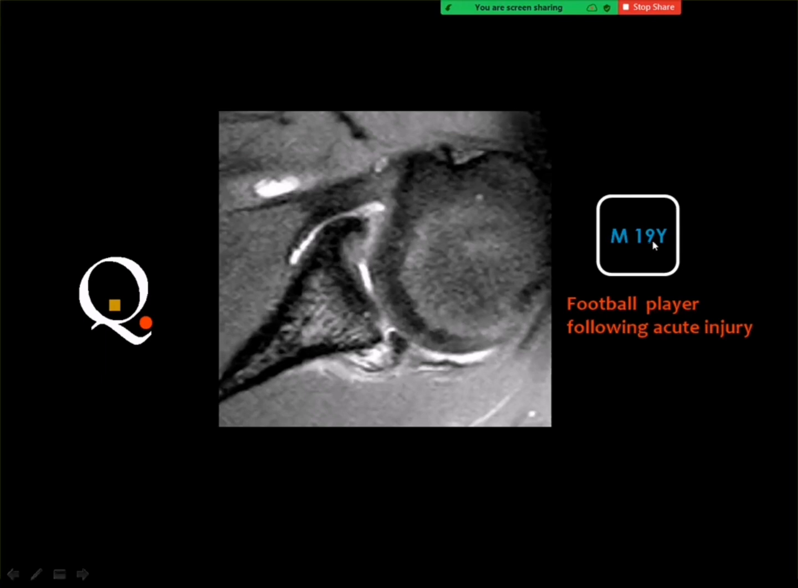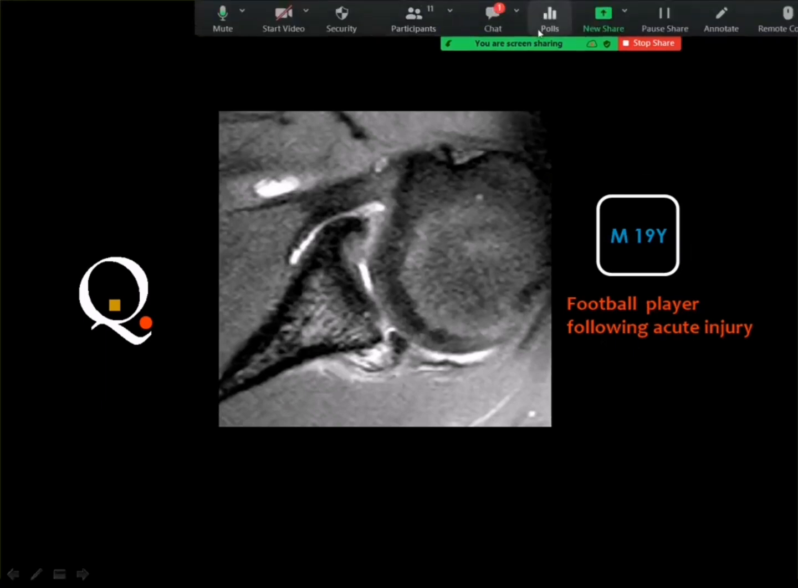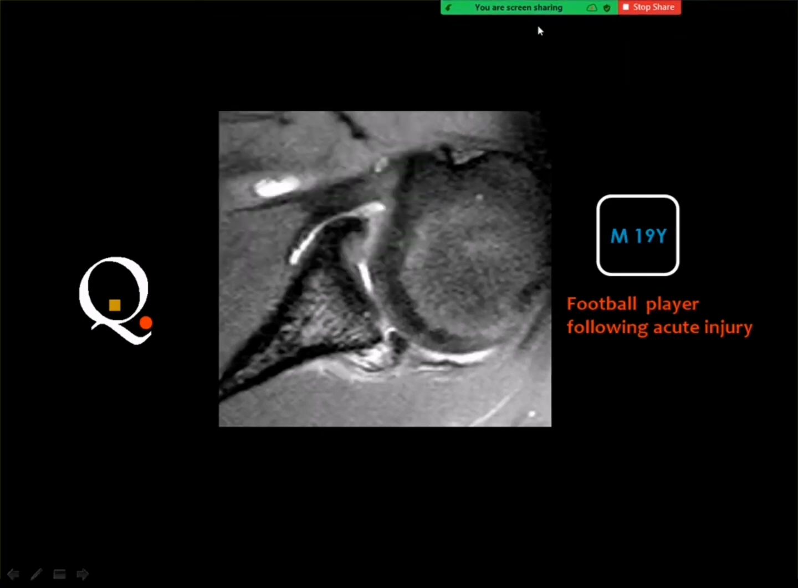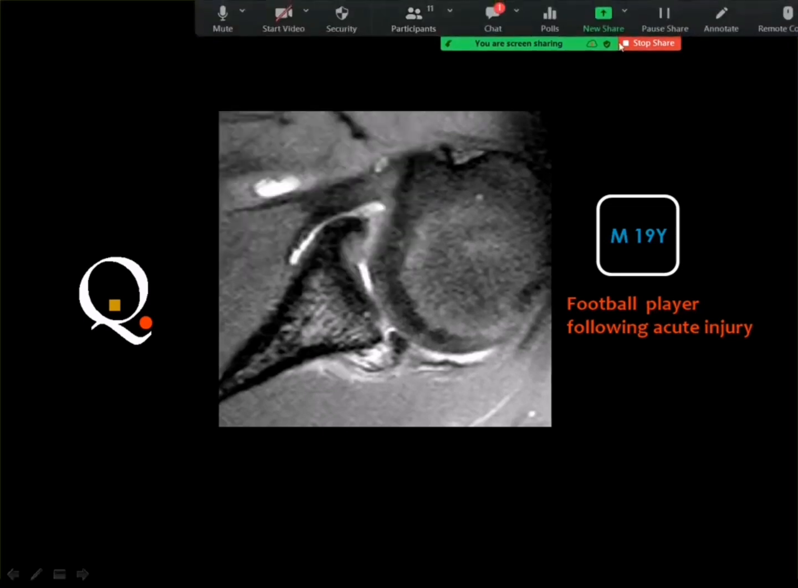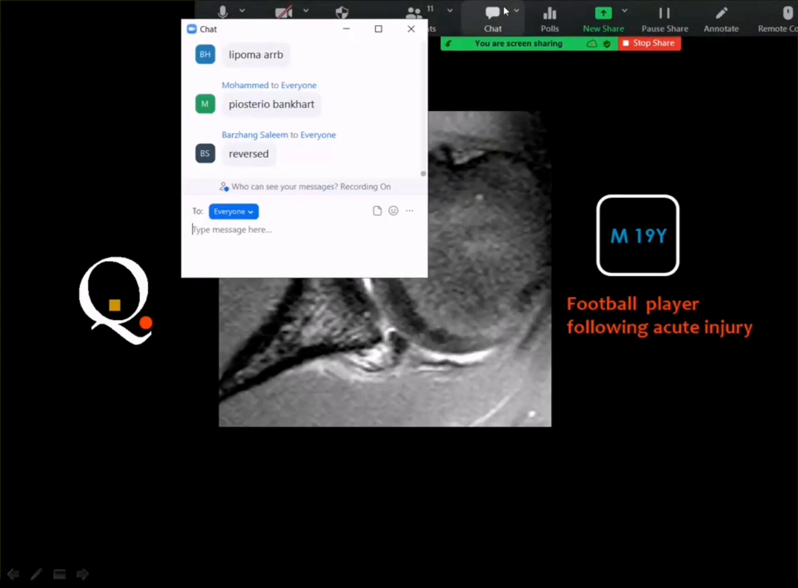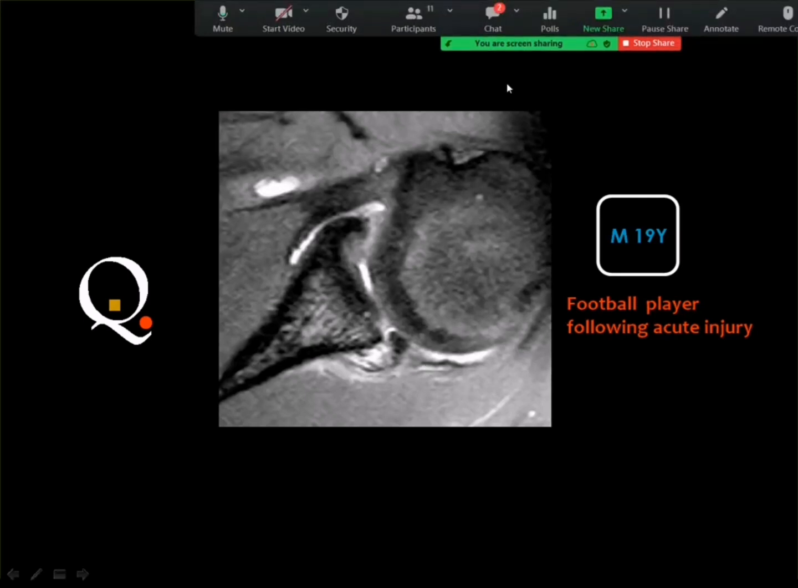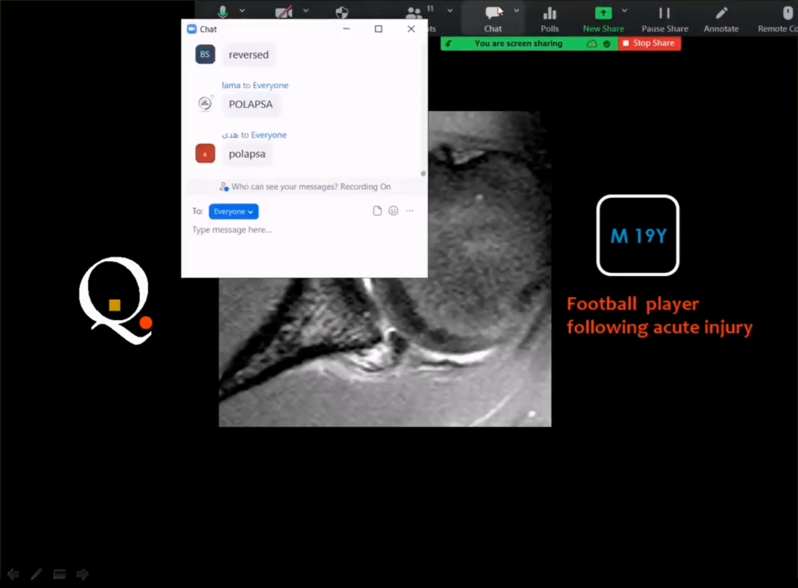And this is a male, 19 years old, a football player who had an acute injury to the shoulder. Posterior labrum, good answer, but yes, and this is reversed, but if you look carefully here you see that the posterior labrum,